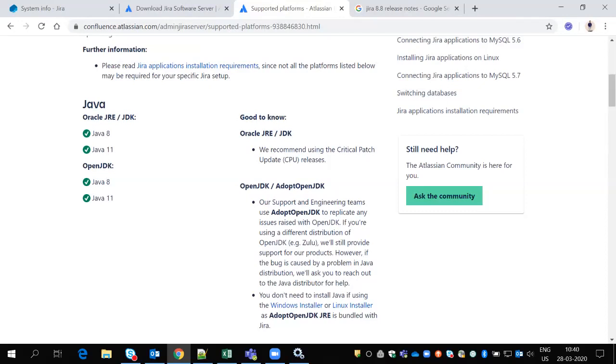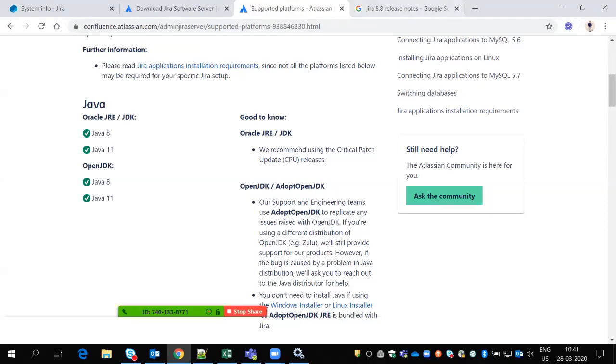If any such situation comes, we have solutions to solve that. As per your question, if the database completely will not be supported, we have to migrate it. If the database is supported but the version is not supported, we have to upgrade that version.